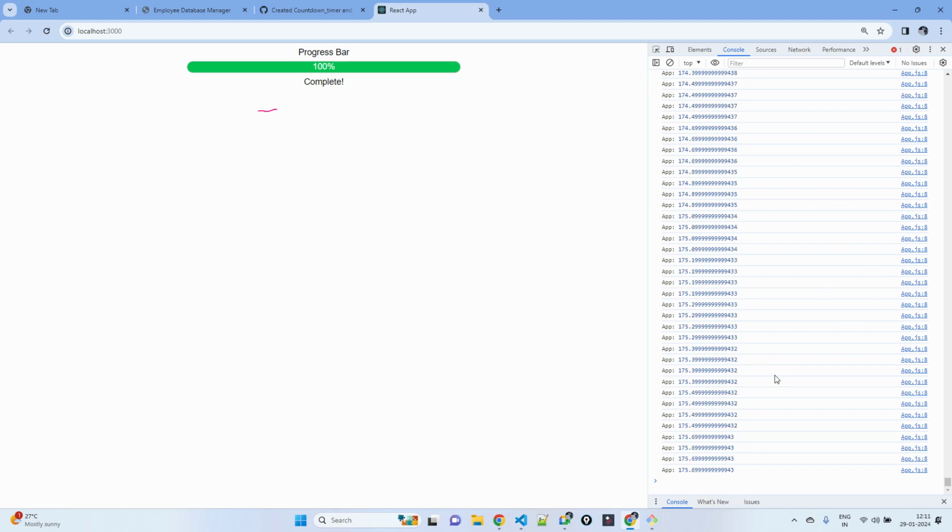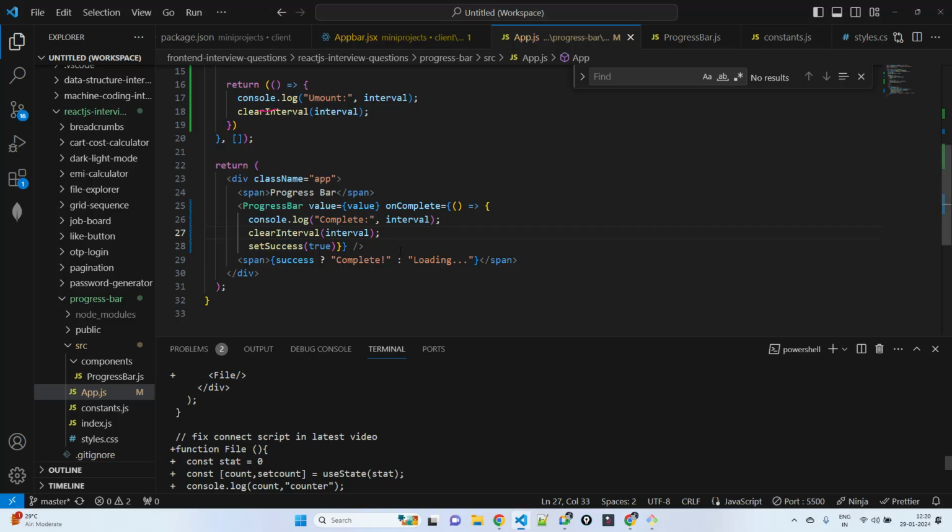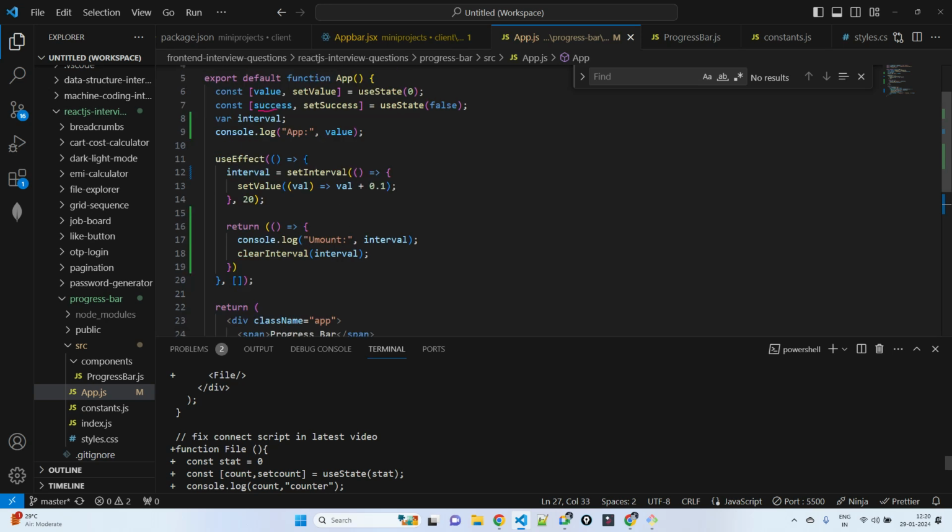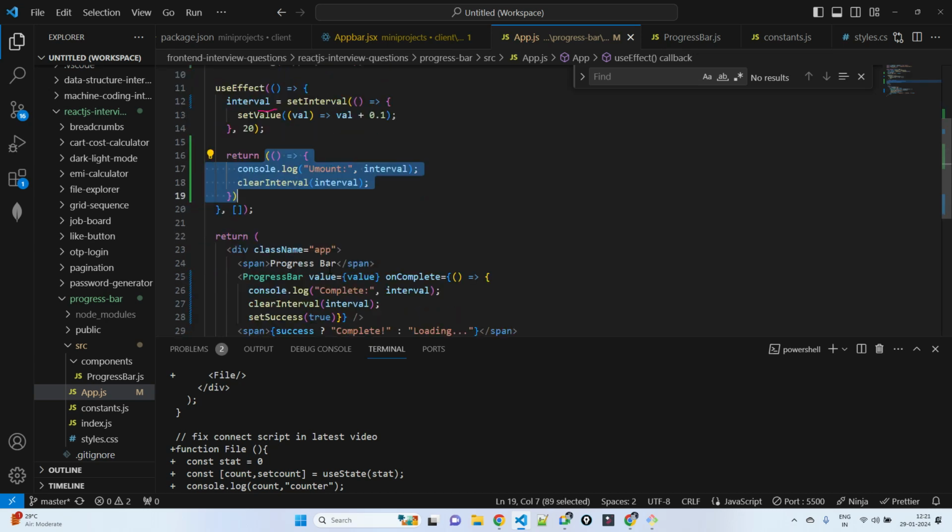Okay, now how to fix this problem? To fix this problem, we need to clear this interval. In the useEffect, you can return a function. That function will be called when the component is unmounted. So in that function, you can call clearInterval. I'm having a variable interval, and setInterval returns a value, right? I will use that variable to clear the interval. I'm clearing the interval here when the component is unmounted, and